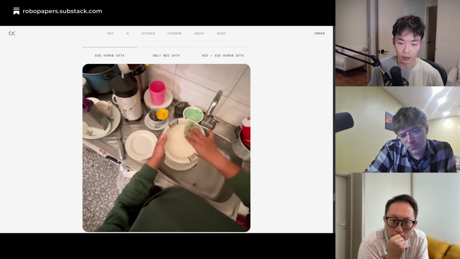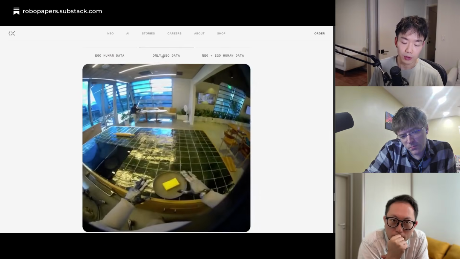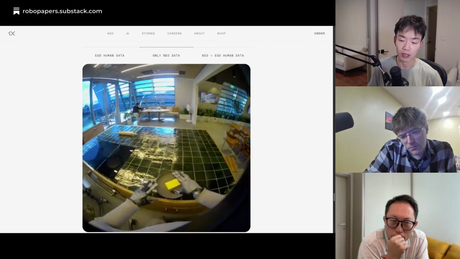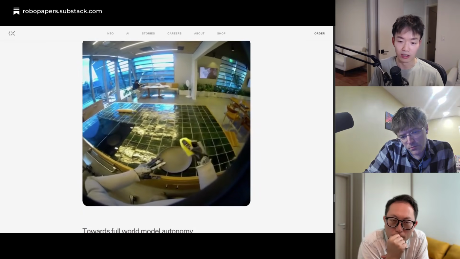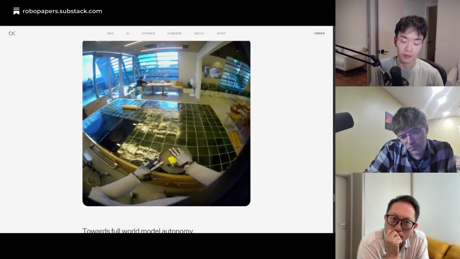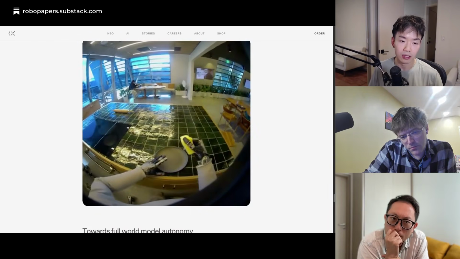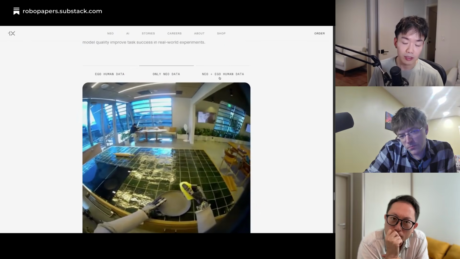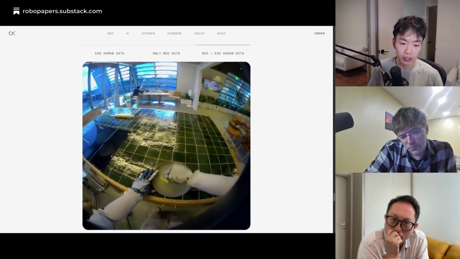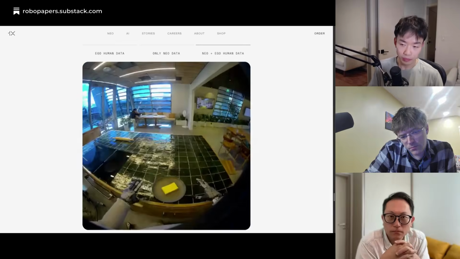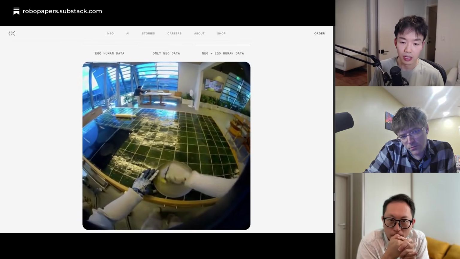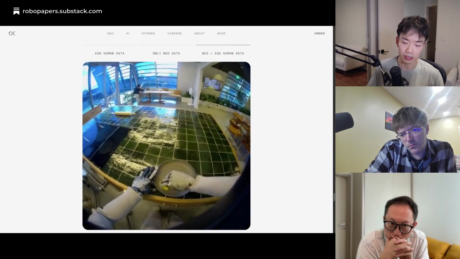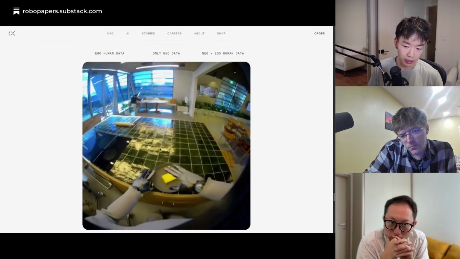If you train on scrubbing the dish without egocentric, you could really easily overfit to the robot data. For example, this is the same prompt, which is very granular, saying scrub the dish, and doing specifically that with the right hand, grab this point and scrub the dish. But the model may overfit to the robot data if all you see is pick and place, for example. By including the mid-training stage, you are able to broaden the distribution like we hoped. And you can maybe see that the world model generations post mid-training stage are now able to not overfit to grasping, but actually solve the task. And that was really good to see.